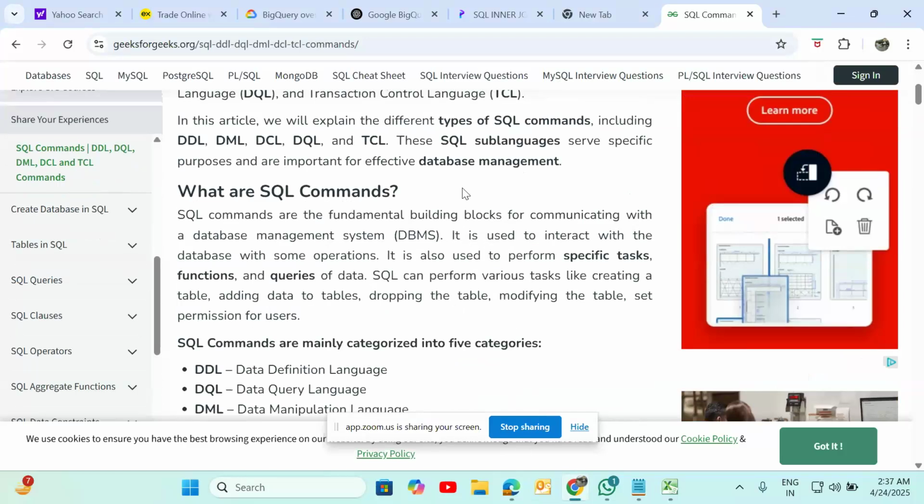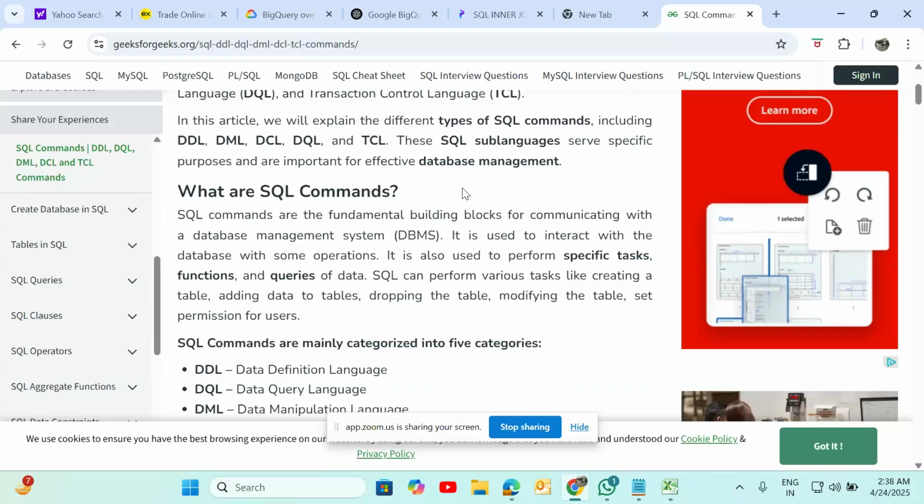If you are working with any RDBMS-related databases, you perform specific tasks or functions. For example, you want to retrieve the data, modify the data, delete the data, or create the data. These are the operations you need to do using SQL commands.